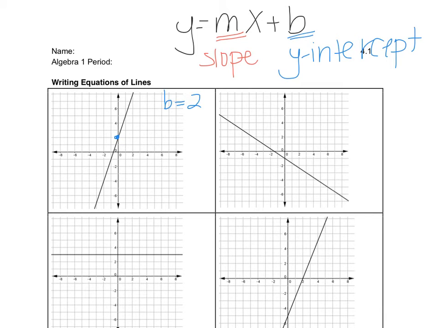Once you find the y-intercept, you also want to find a nice point. And what I mean by a nice point is a point that has whole number coordinates. So if I use my laser pointer here, if I follow my line along, I can see that this is not a very good choice because it's not a whole number coordinate. It's not right on the corners of my grid. But if I go up a little bit more, do you see how this one right here is the point 1, 5. It's got nice whole number coordinates, and I can see that because it intersects two of these lines. So if I make another point there,